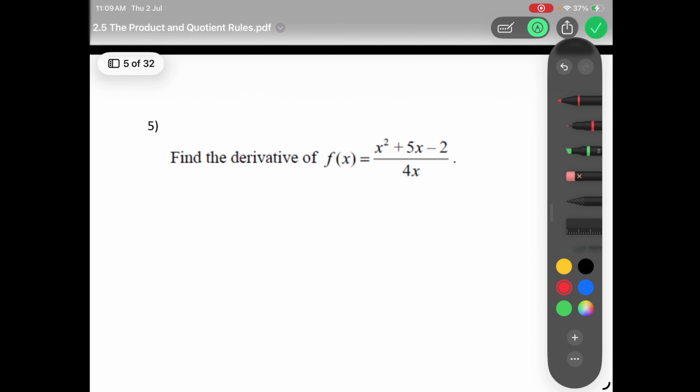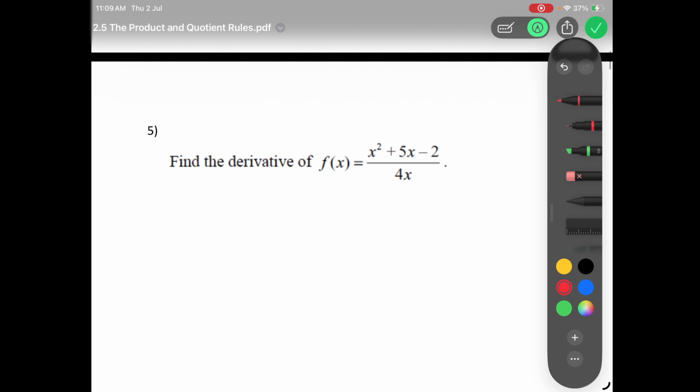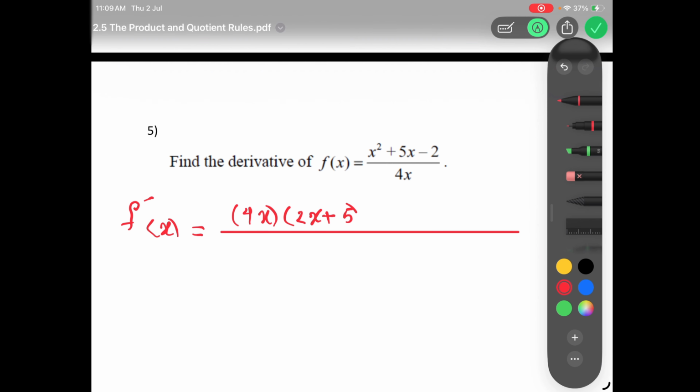Quotient rule here is useful, okay? So what is the quotient rule? So f prime of x will be, I will make this fraction gigantic. I will take whatever is in the bottom to the top. So 4x. I will differentiate the top, 2x plus 5